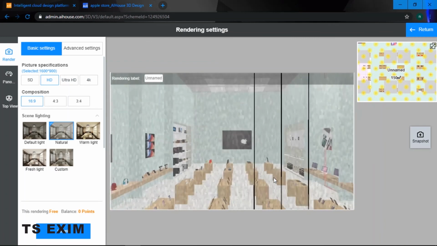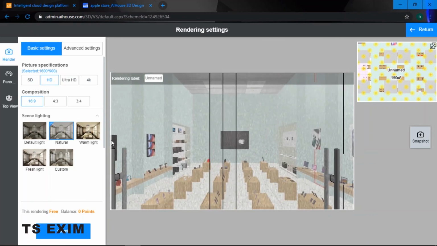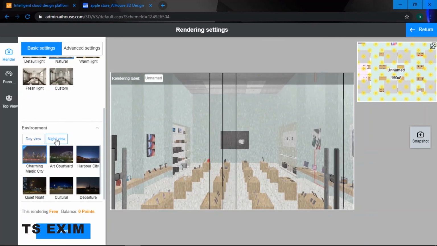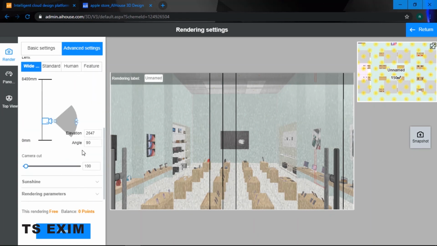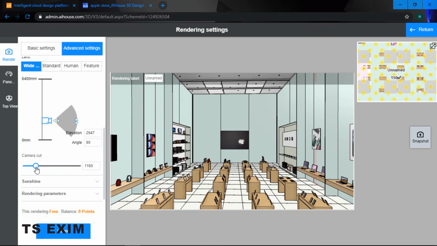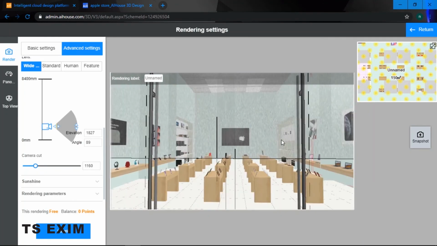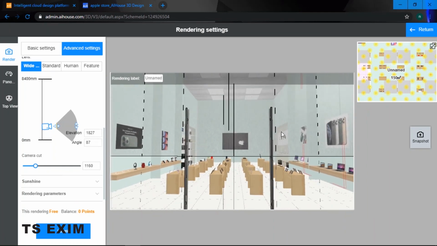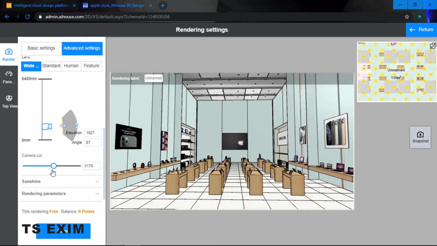Okay, so we are going to render from this part. So we can always use, okay, so I'm gonna do a night view, a charming city night view. Okay, advanced settings, going to my advanced settings, I can click on camera. Okay, and I'm going to use the camera cut. Okay, so to cut off so that I can actually render a bigger perspective. Okay, so camera cut, camera cut, camera cut. So we adjust until we get